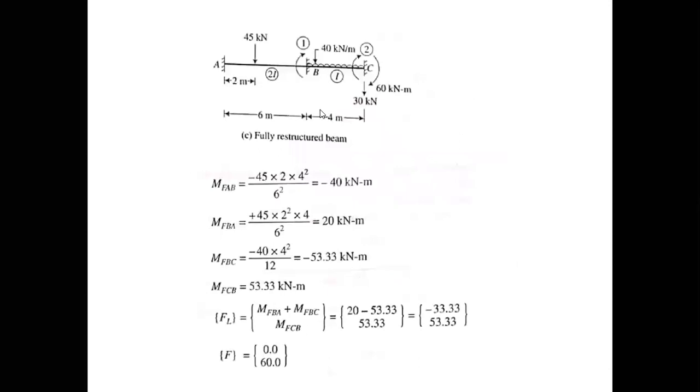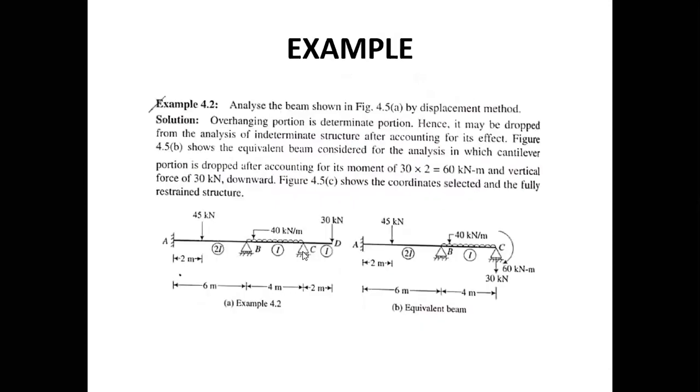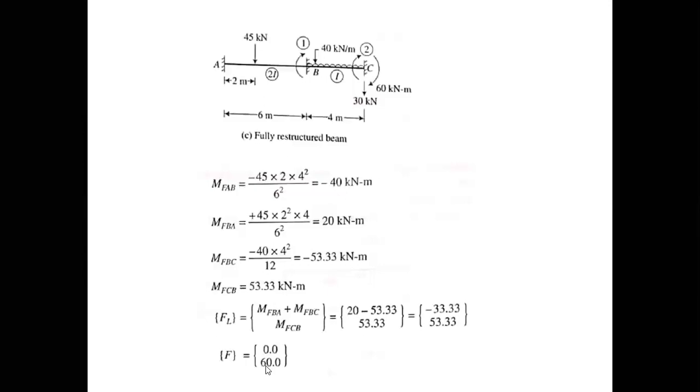One thing we need to remember in this case, two things we have seen different from the previous case. First, we have converted this point load into a moment, and due to this moment, the value for F2 comes out to be 60. In this case, the value for F1 was 0, but the value for F2 was 60. For example, if there was another moment applied in coordinate direction 1 at joint B, the value for F1 would be of that.